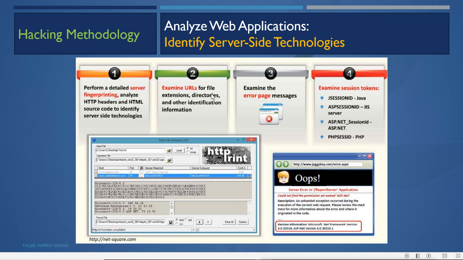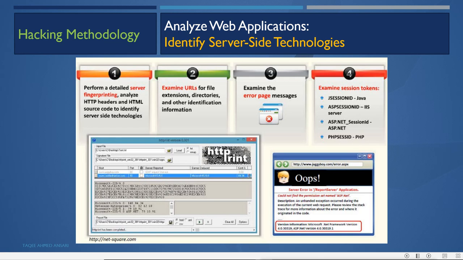Then examine the error page messages. Error pages come when we send a request for something which is not present on the server, like page not found, authentication failed, something like that.